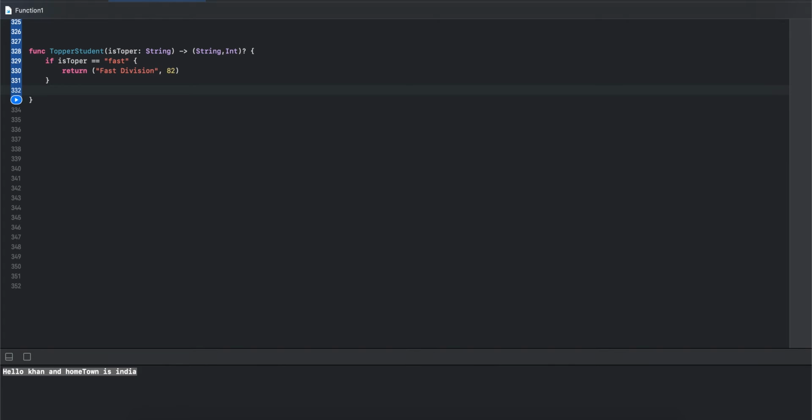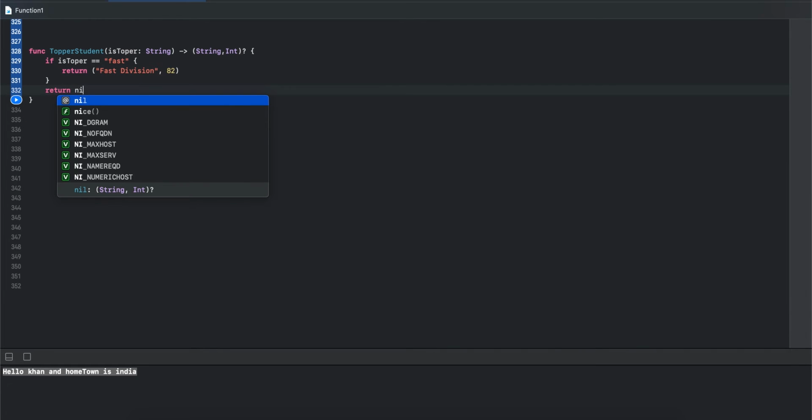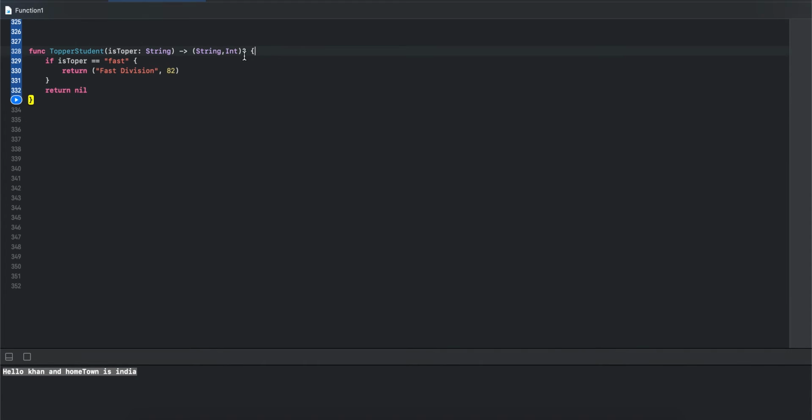Otherwise it's nil. We can use the optional tuple type. This is a tuple return, and we can use a return nil statement. So our function declaration is complete.